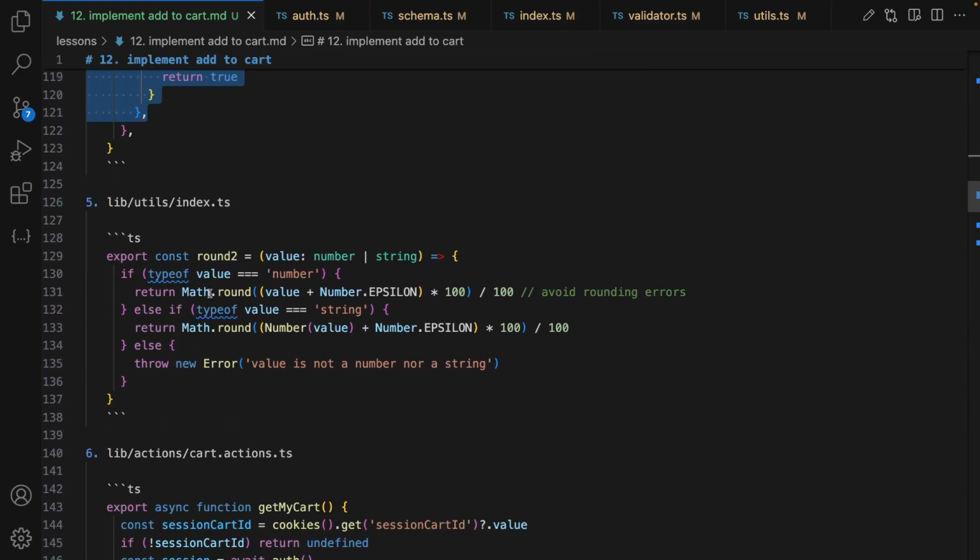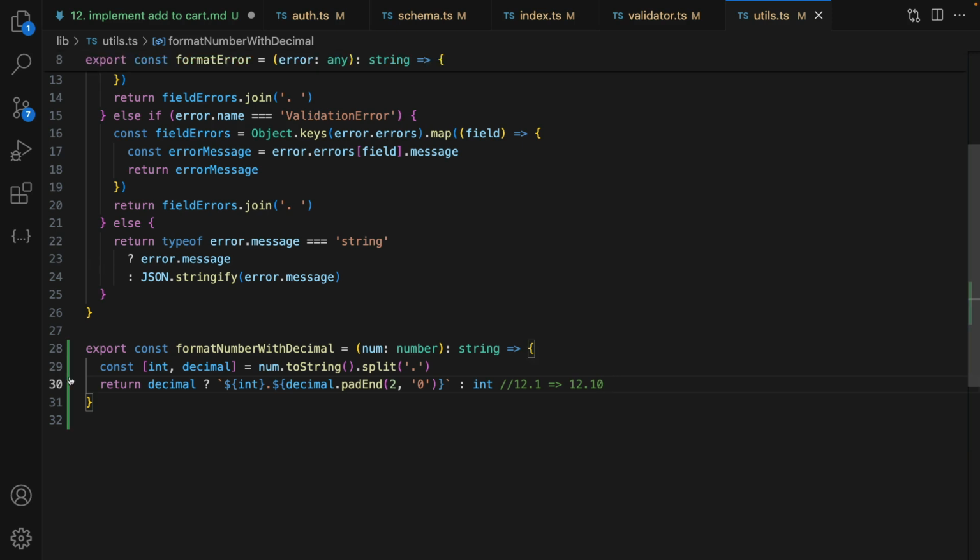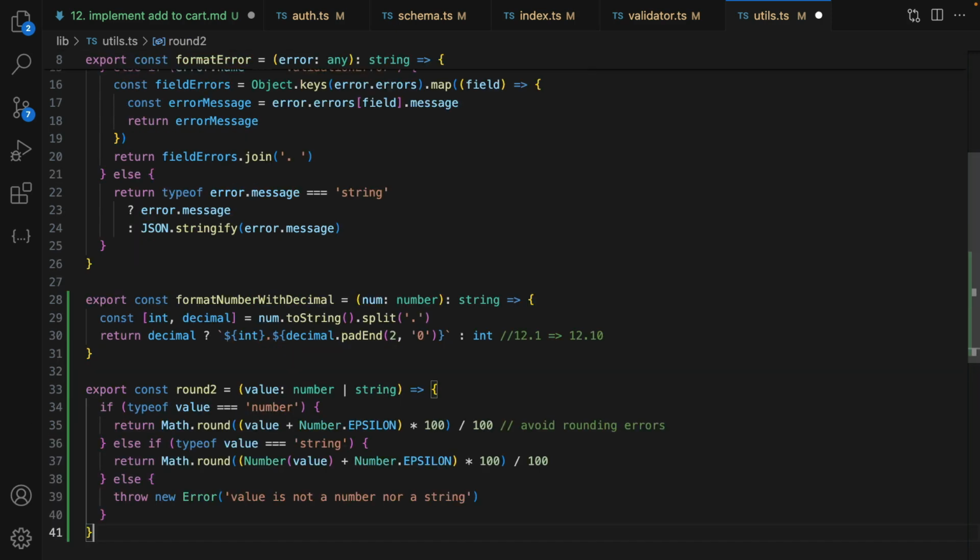Let's go for step 5. It's in the utils.ts. Open utils.ts. After formatNumberWithDecimal, create round2 function. It accepts a value of type number or string. If it has more than 2 decimal points, we limit it to only 2 decimal points using this function. What we did here is to add Number.EPSILON to the value to avoid rounding error and then multiply by 100,